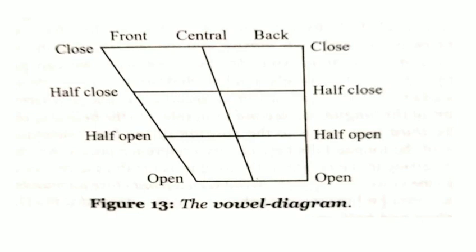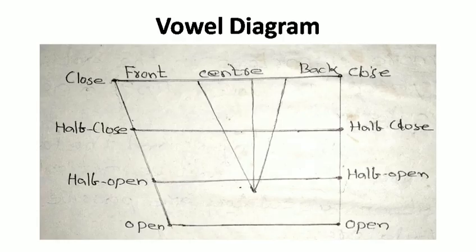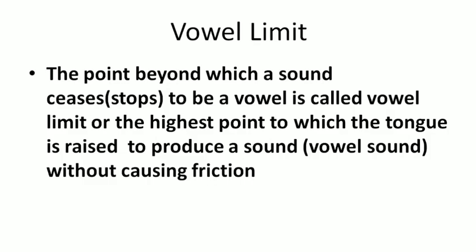It is written in a way where the difference is that there is only a middle vertical line here. This is also correct. If you want to draw any picture you can draw, but this is more convenient for describing and classifying vowels, so you can draw this. This is my choice.